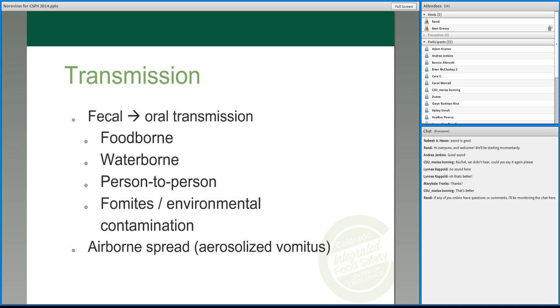Anyone seen anything in the news about a certain well-publicized noro outbreak recently? For those of you on the webinar, someone said Princess Cruise, and yes, that's exactly the one I was looking for. So on cruise ships, there are a lot of ways norovirus could be spread. It could have been through food or water. It certainly could be person to person, but this is an area where we have really well-documented environmental or fomite